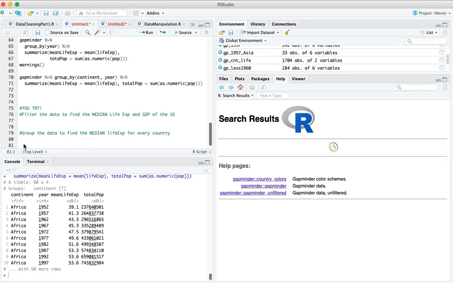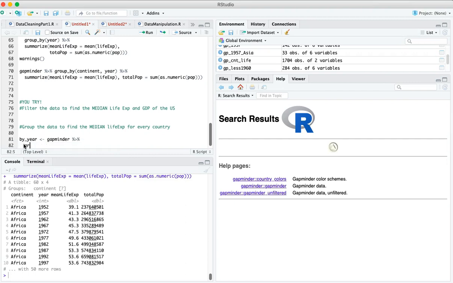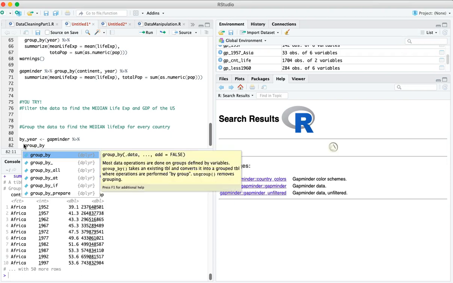All right, welcome back. Now we're going to do a simple visualization. The first thing that we want to do is some transformations on our data set and save it to a new data set that we can call. I want to group by the years so that I can look at a time series. And I'm interested in total population and mean life expectancy. So I'm going to make my new data set, and I'm going to call it by_year. I'm going to assign it to the Gapminder data set that has been transformed to be grouped by the years